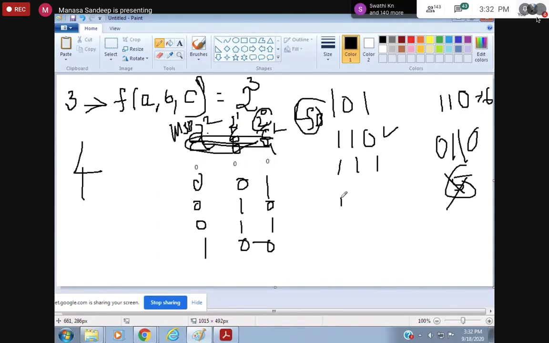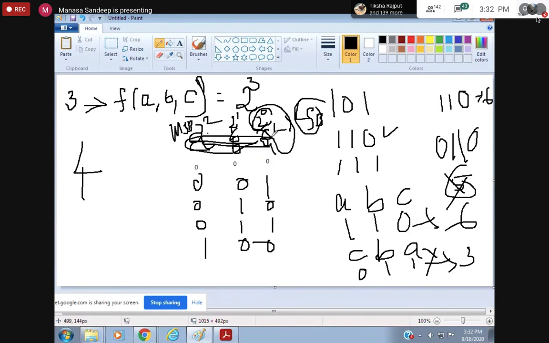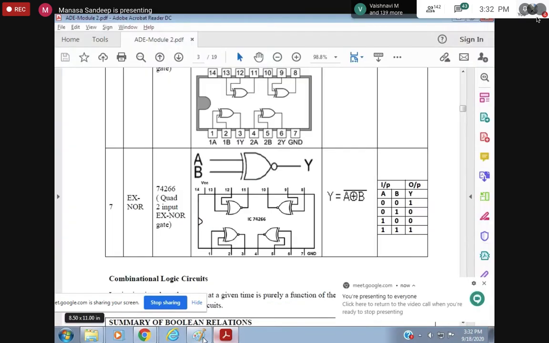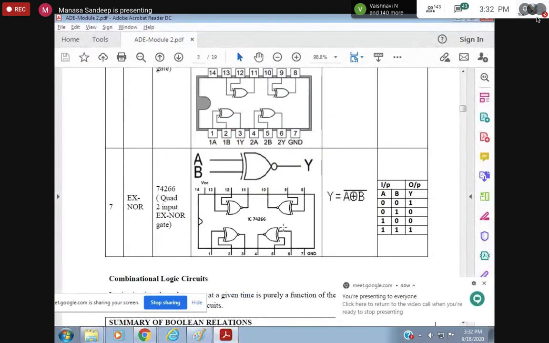So it's not that as soon as you write A, B, C as 110, your 6 changes. It's not that A and B are 1 and C is 0 and so this is not the representation of 6. What is this? This is binary 6. Why? Because of this weightage, 2 power 0, 2 power 2. That's why this is called the LSB and this is called the MSB. You'll study this in detail in your computer organization subject. If you don't know about LSB and MSB, please be prepared. Please refer to those things and come before we proceed with the subject.